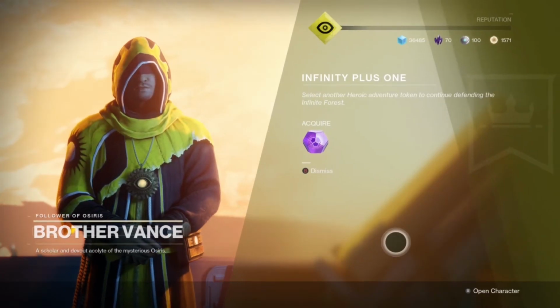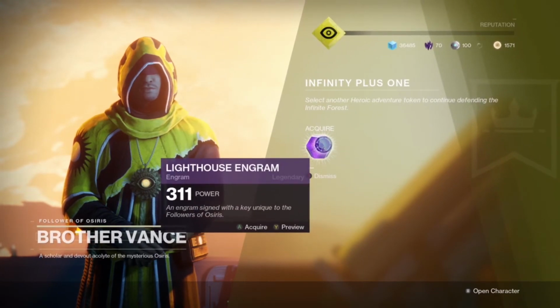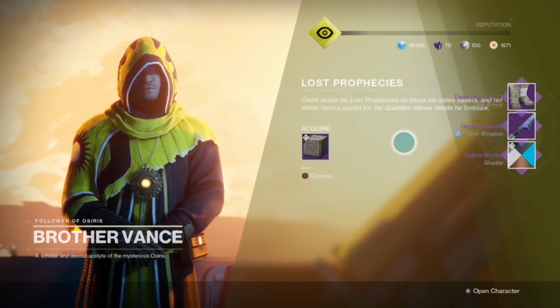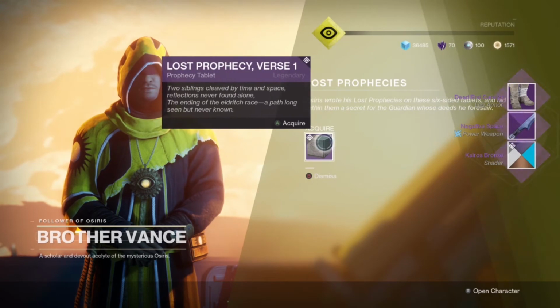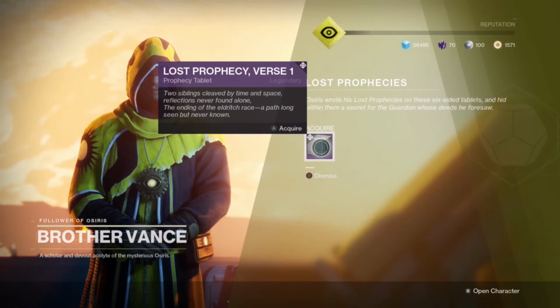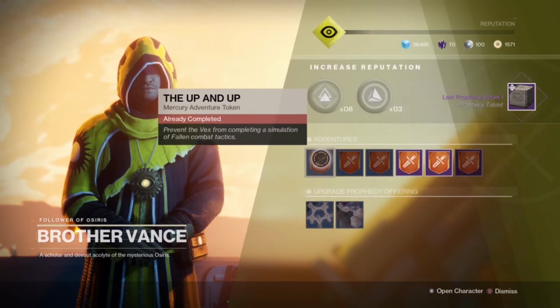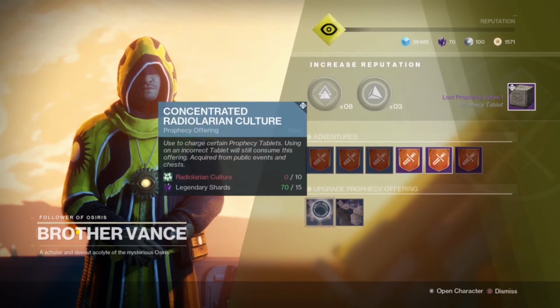You only have to complete 1 heroic adventure. Once you complete 1 heroic adventure, he's going to then give you a prophecy. Now, each prophecy requires certain materials in order for you to activate that prophecy. Mine was the concentrated radiolarian culture, and you can get these by doing public events and chests. I actually got mine faster from doing the chest for some reason, and I also lucked out because I needed